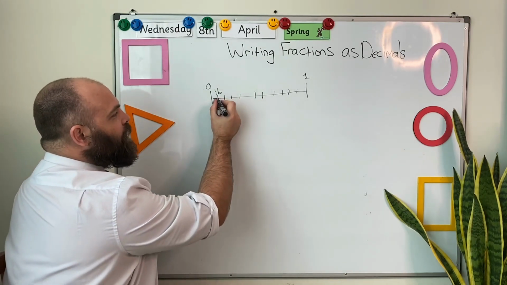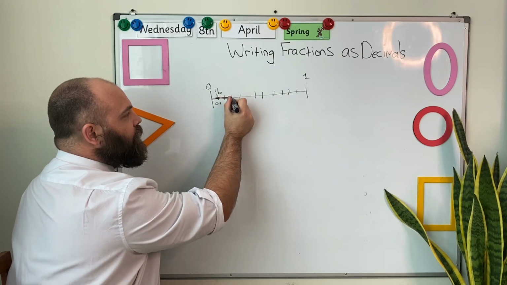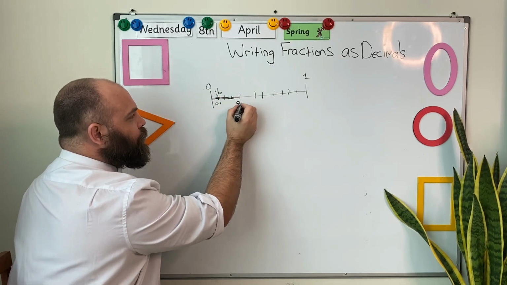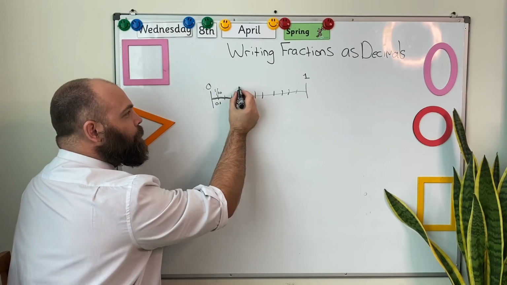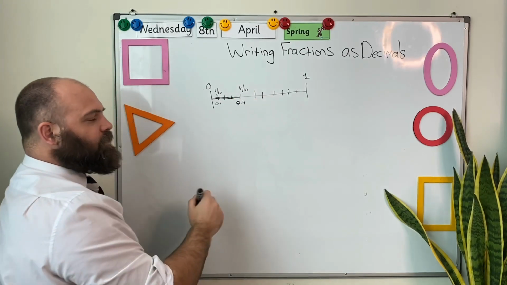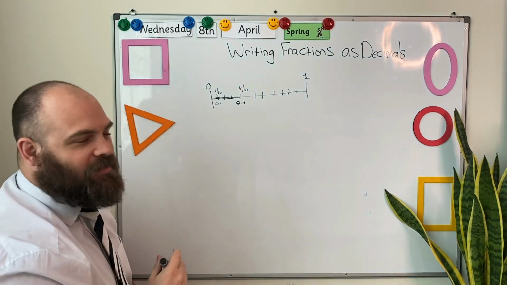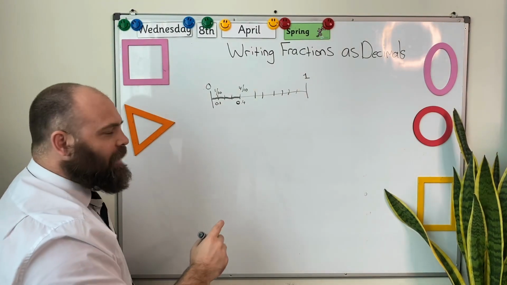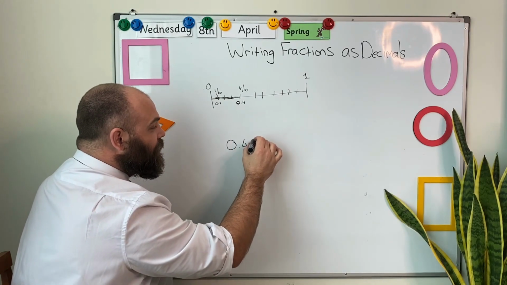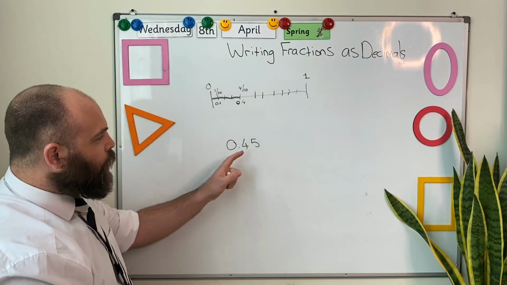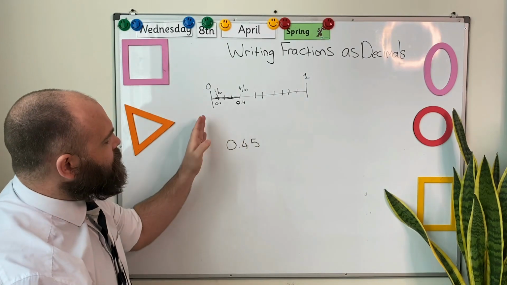So as I move up this number line, 0.1, 0.2, 0.3, 0.4. I get 0.4 over here, and my fraction would be 1, 2, 3, 4 tenths. 4 tenths is 0.4. I've got 4 in my tenths column. But what if I had an example like 0.45? Well, we know that this is hundredths, and I don't really want to be splitting this up into